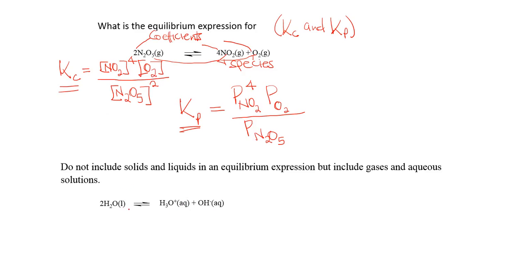Now if you want to write an equilibrium expression for that, it would be K, let's say Kc, is the products, which is H3O plus, OH minus, and down here